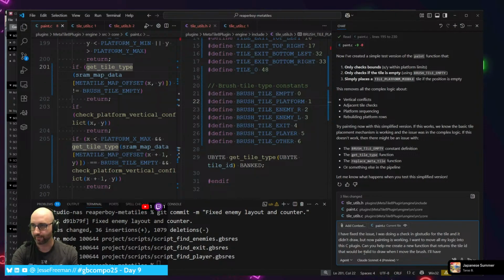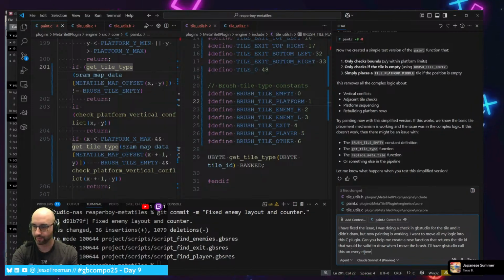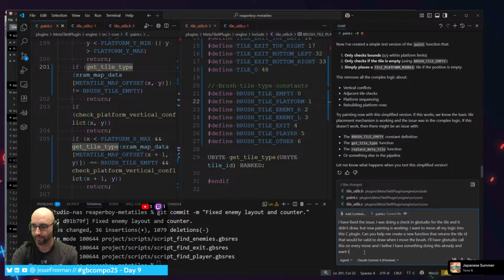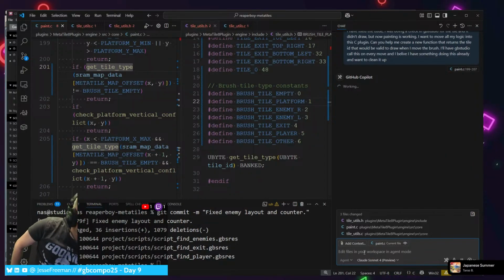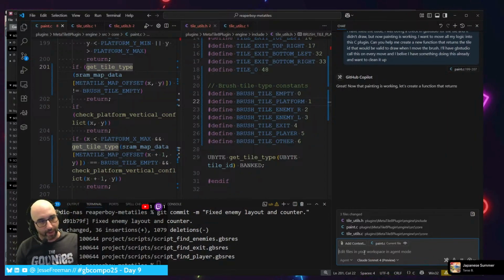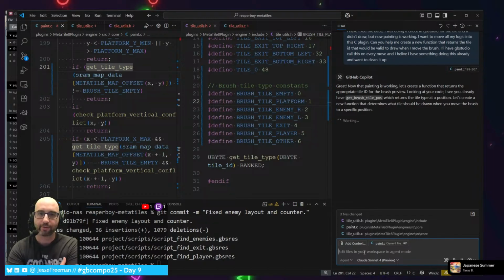I'll have GB Studio call this on every move, and I believe I have the base. I have something doing this already and want to clean it up. Let's just see what it has to say. The real place where I'm going to need its help is going in and figuring out how to compress the tile map data, but